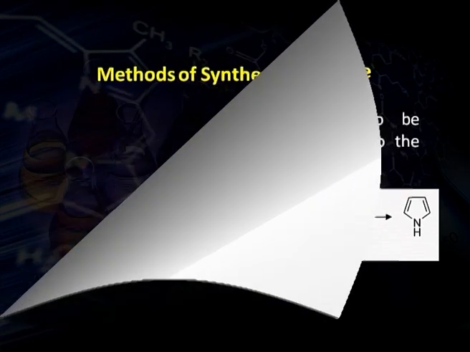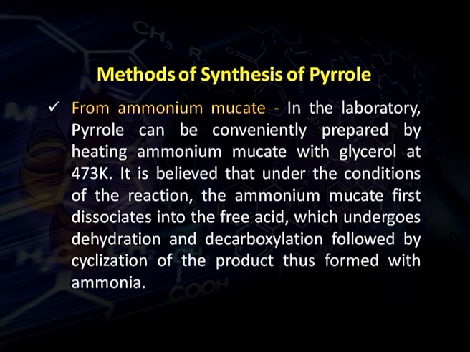Another laboratory method for the synthesis of pyrrole is from ammonium mucate. It is a very good method for synthesis of pyrrole. In this method, pyrrole can be obtained by heating ammonium mucate with glycerol at about 200 degrees Celsius or about 473 Kelvin. It is believed that under these circumstances, ammonium mucate first dissociates into the free acid and then it